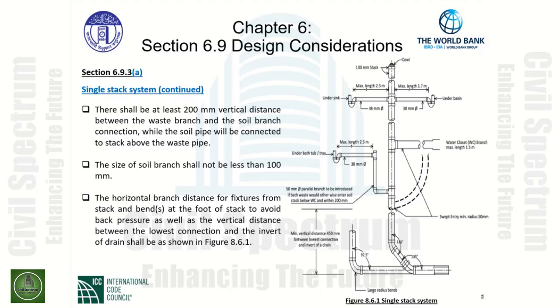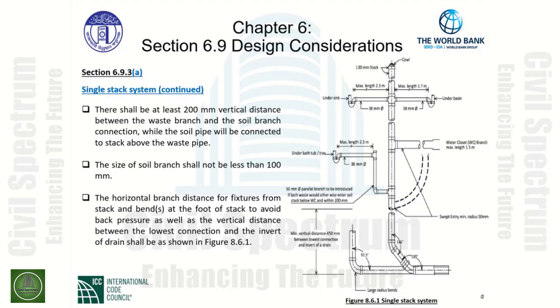The size of the soil branch shall not be less than 100 millimeters. The horizontal branch distance for fixtures from stack and vents at the foot of the stack to avoid back pressure,